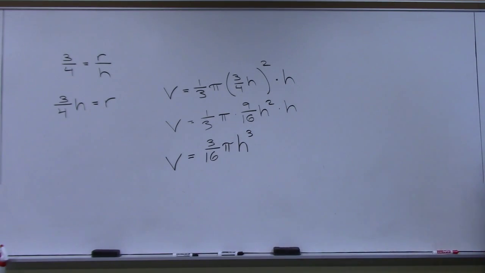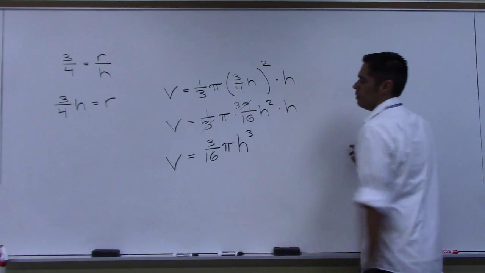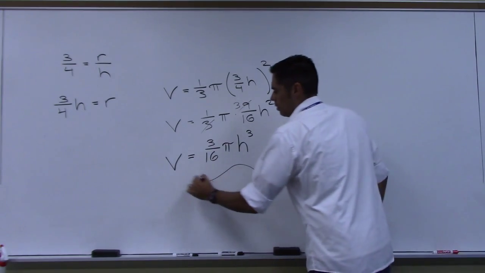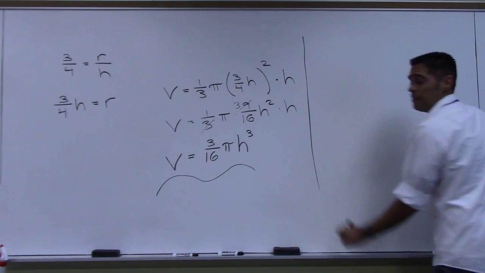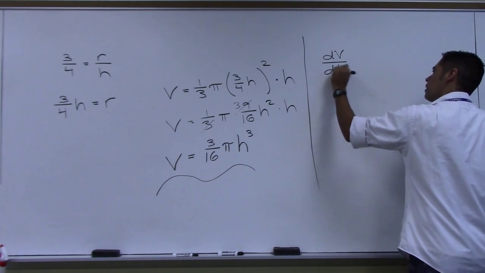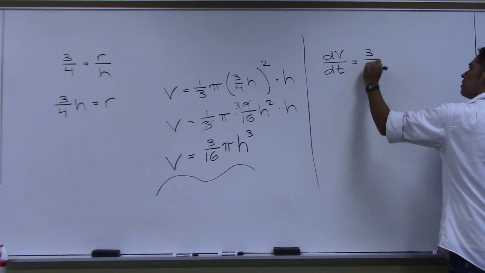And I think that's going to be a pretty clean formula to differentiate. Yeah, go ahead. You get what? dV/dt equals 3/16 pi. You want me to just bring that along for